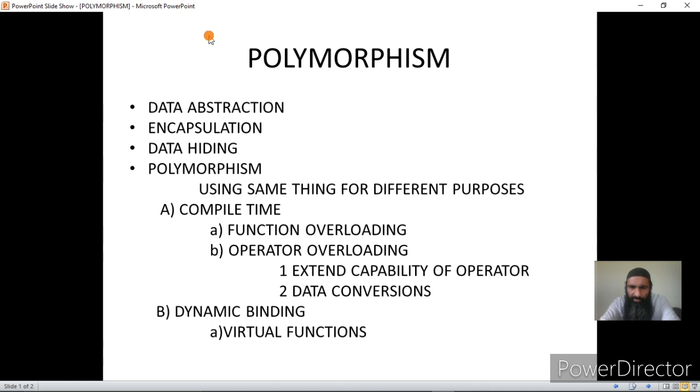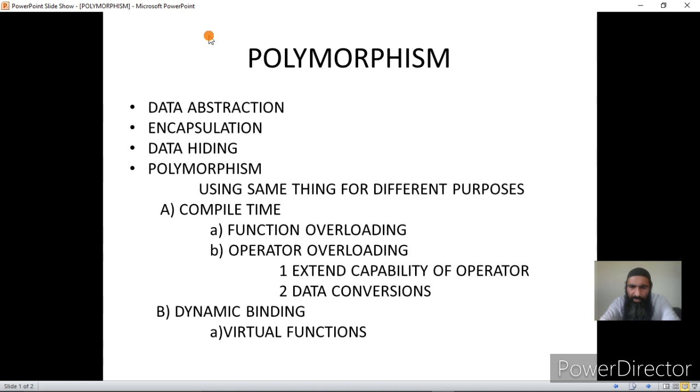Now virtual functions or dynamic binding is a concept related to inheritance, which is again a feature that is supported by C++. And once we see that feature, we'll be able to use two functions, one in the base class and one in the derived class, and then with the pointers of the base class, if they are pointing towards the function in the base class or towards the function in the derived class, it is important that the two functions in the base class and derived class should have the same name.